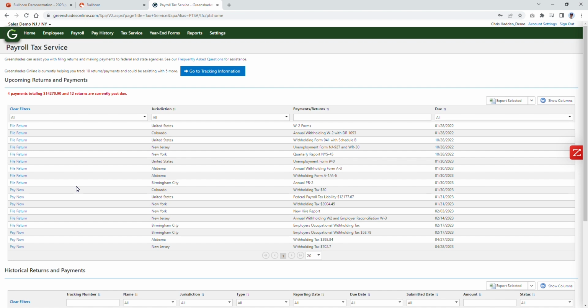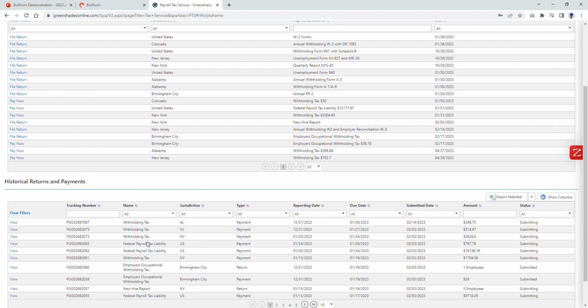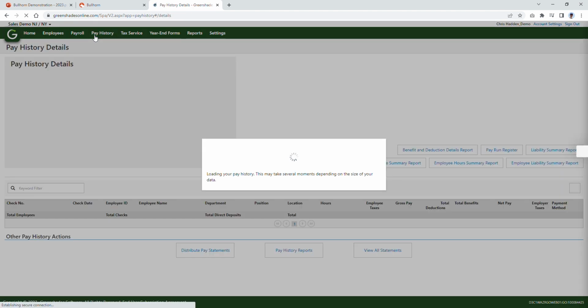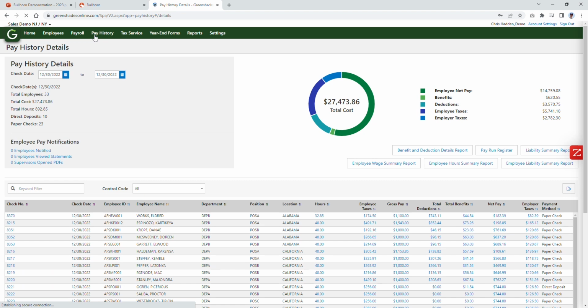You have full control over all of this. So the due dates are all calculated by Greenshades based on the jurisdiction requirements. And we're simply coming in here, reviewing this information, and then clicking submit. And then of course, all of our historical data is going to be down here and available for us to review at any time. And of course, in addition to sending the payroll details back into Bullhorn One, we also have our full pay history information available here within pay history. So we can find a PDF copy of the paper check or direct deposit stub